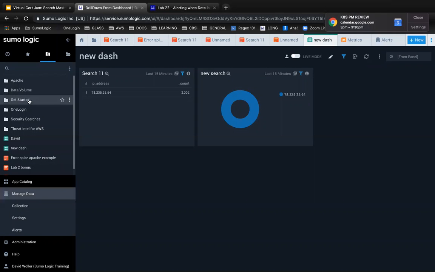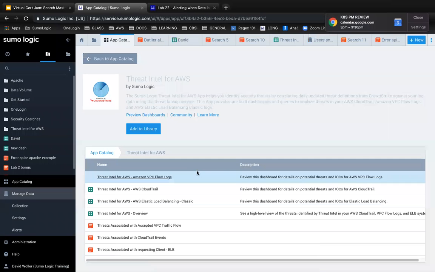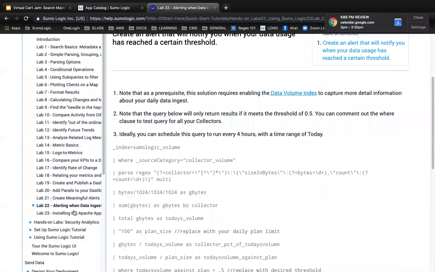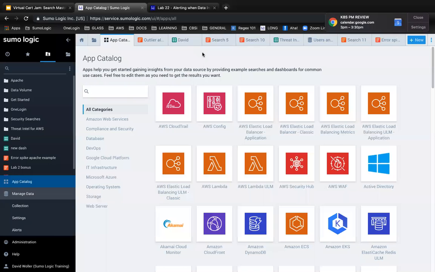So the data volume app is a great way to understand your ingest in Sumo and can be found in the app catalog, which I believe is our last lab, is how to install an app. So all of what we've done today, as far as typing out queries, or rather copy pasting them from my end, a lot of that work can be prevented, or you can find ways around that by using pre-built content. The app catalog is a collection of queries, dashboards, alerts that are designed for each different